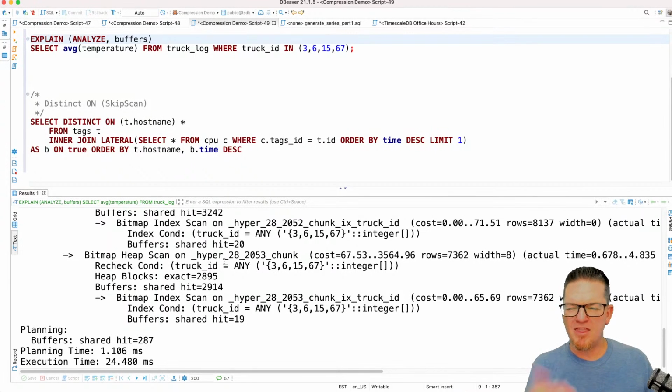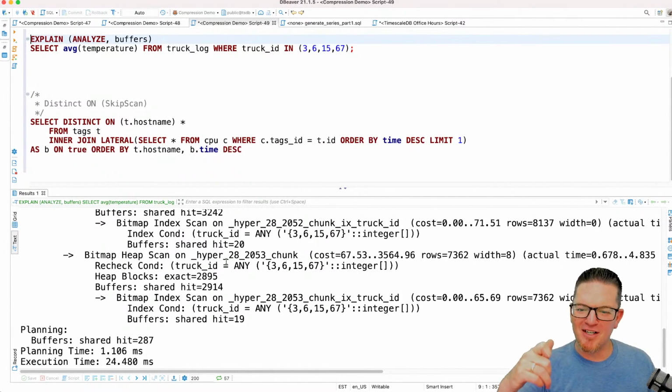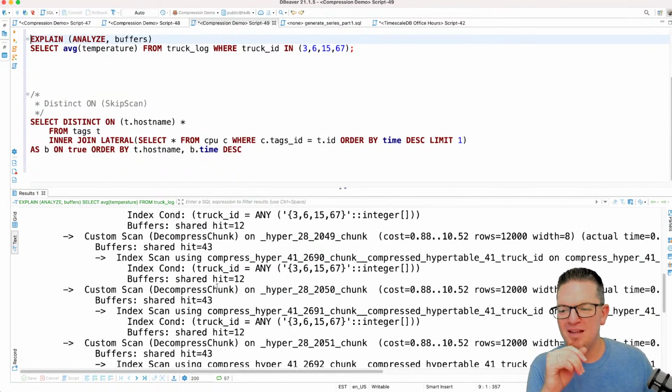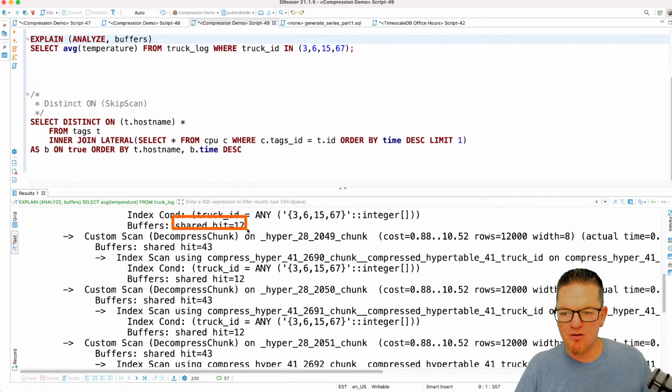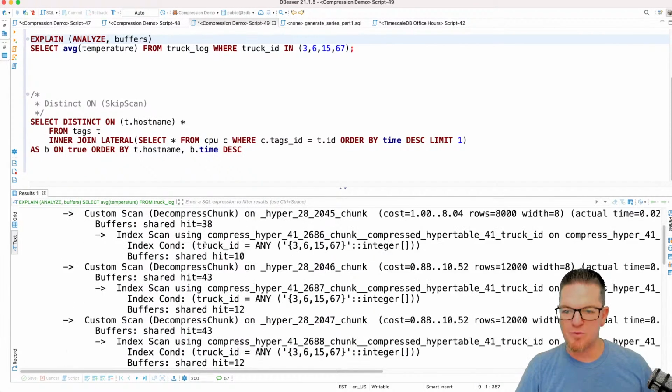Things are now in memory, and this is where small data like this gets hard to demonstrate. I should probably try and bust the cache, but this gets hard to demonstrate over and over again. If I do some new, maybe larger queries, you'll see it. But what you'll see here is the compressed table was able to do an index scan on that truck ID. Now it only hits 12 pages per compressed chunk, right? It knew where to find individual rows within the pages. And overall,